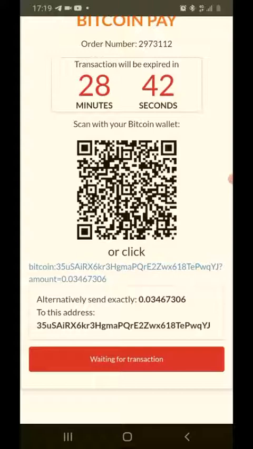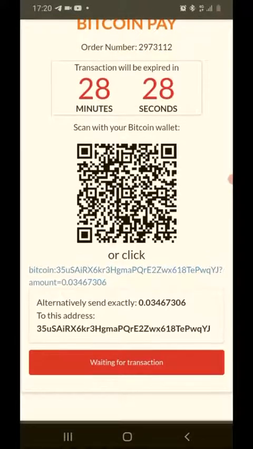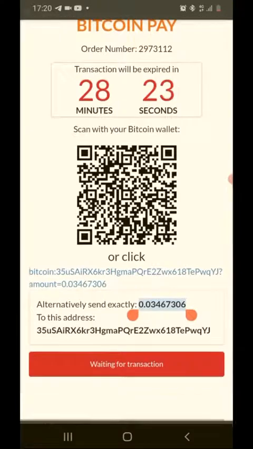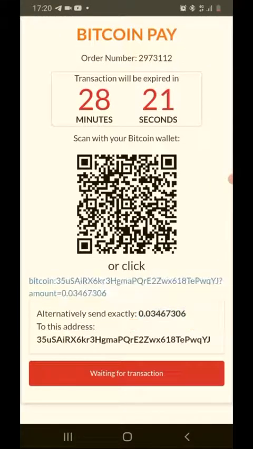obviously I advise you get a little bit more than this. So for this instance, I may get 0.04 or 0.036 or something like that, just to have a little bit more for transaction fees and all that. But when you come back to this page, you are going to see this. So copy this exact amount and put it in your Bitcoin wallet to transfer, and then you're sending to this